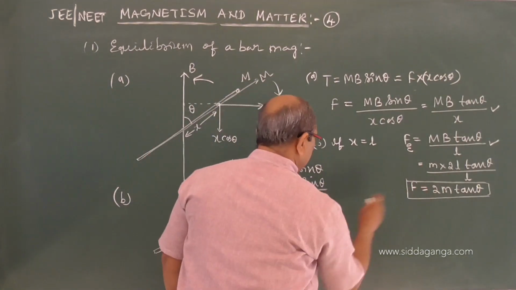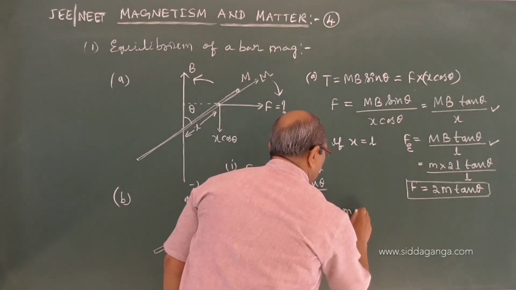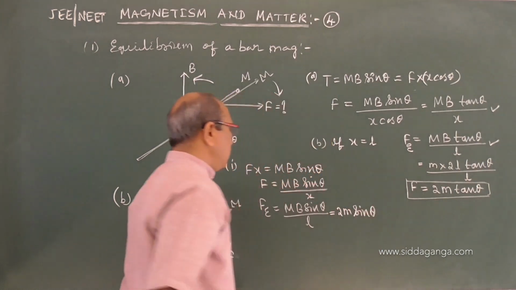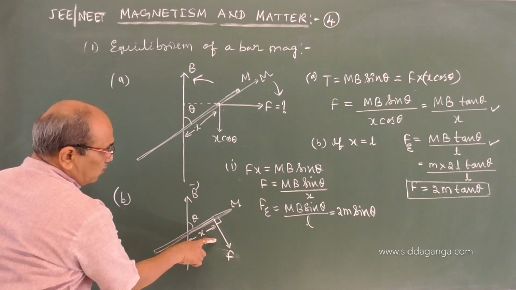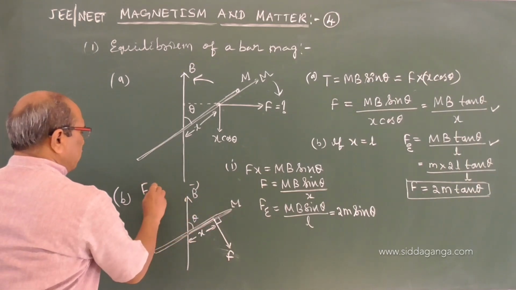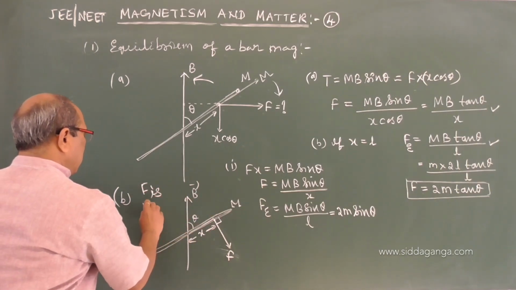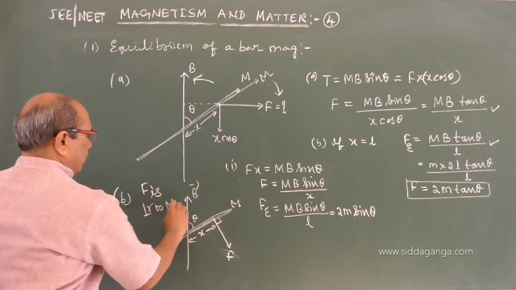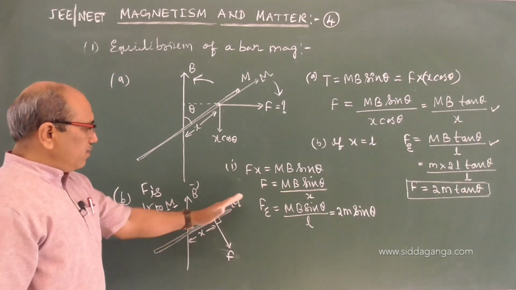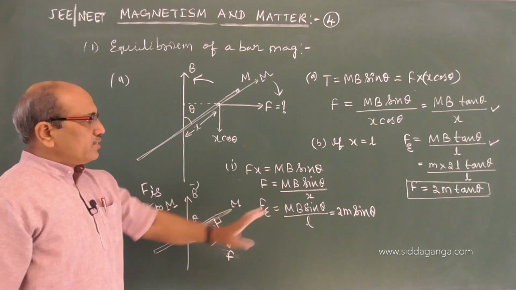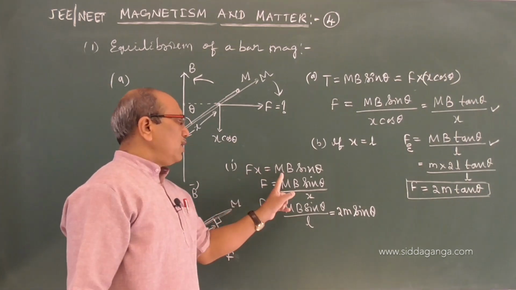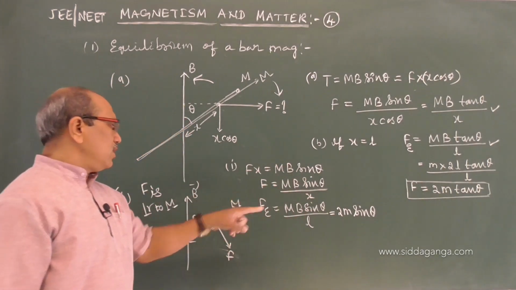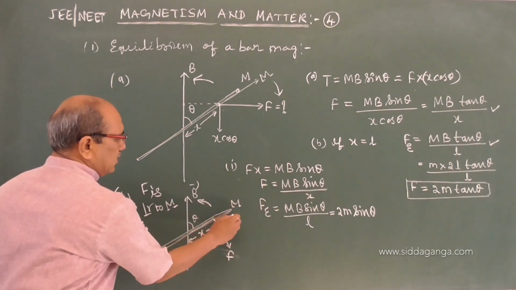Or I can write it in the form 2m into sin theta. Same thing, m can be split and written. This is the case when the force F is perpendicular to M. Perpendicular to M, F is applied, then the case is this. It is also the moment of a force, and mB sin theta is also a moment. They are equal and opposite. One is pulling towards and the other is pulling away.